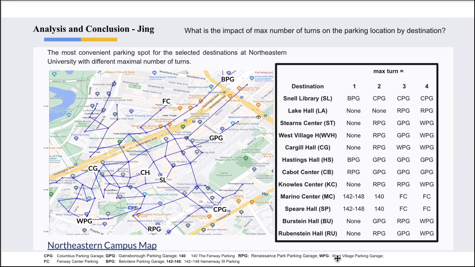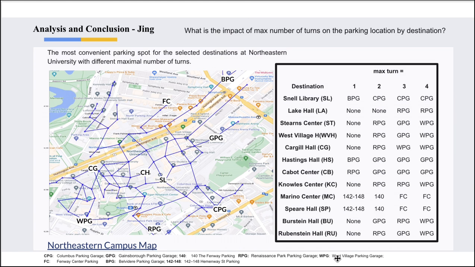Network flow at Northeastern campus is not too complicated, so most of the places can be reached using at most 4 edges. The optimal solution for parking will not change even if I increase the limit on turns to 5. The table on the right shows the optimal parking spot for selected destinations at Northeastern University with limits on maximal turns